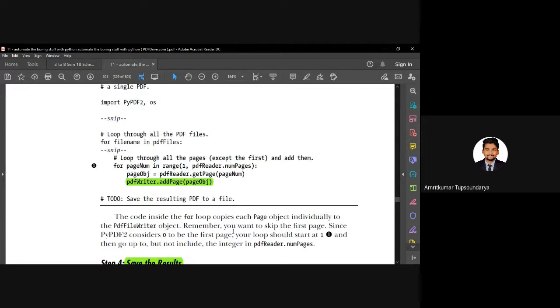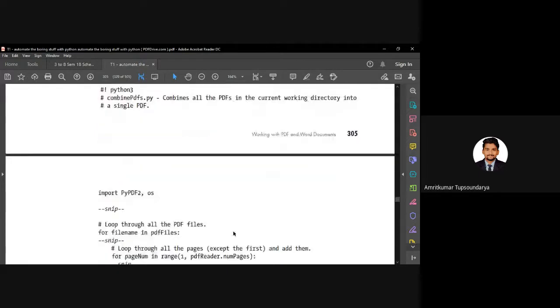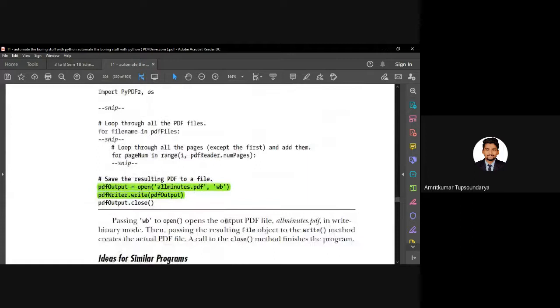Now the last thing is to save the result, right? So how do we save it? We open the file, the PDF output file, in the write permission mode, right? So once we have opened the new file, which is allminutes.pdf, we are going to write whatever output we have fetched from the other PDFs.